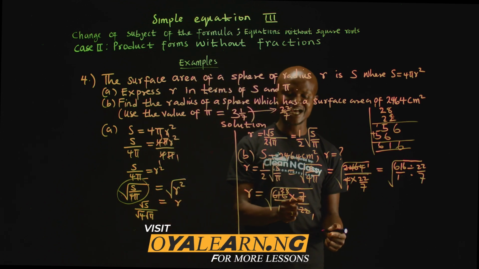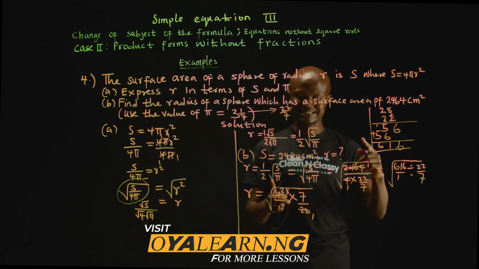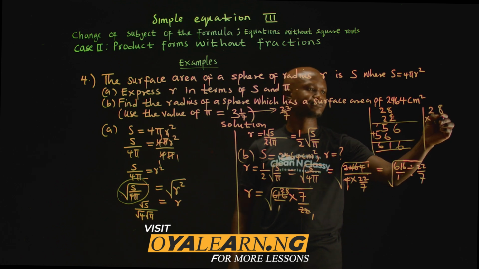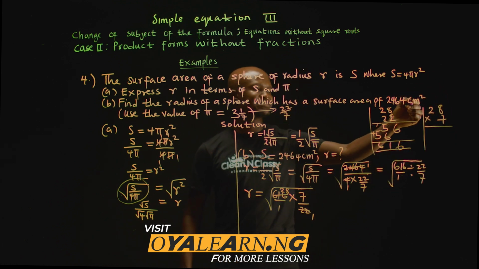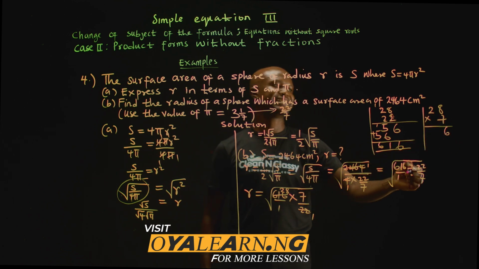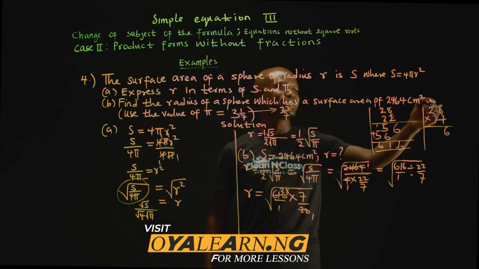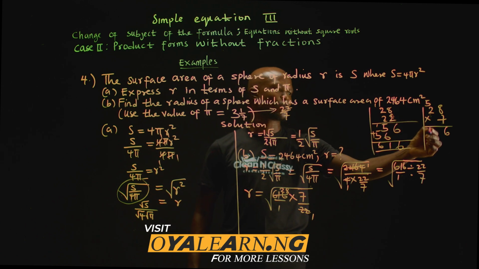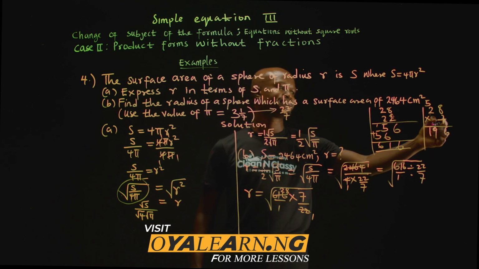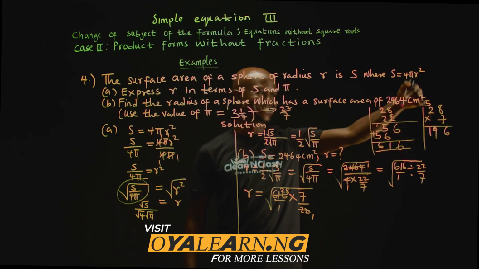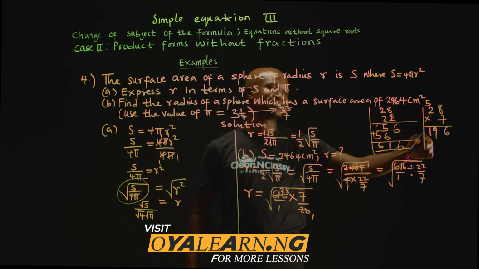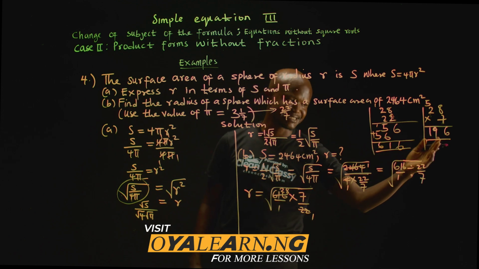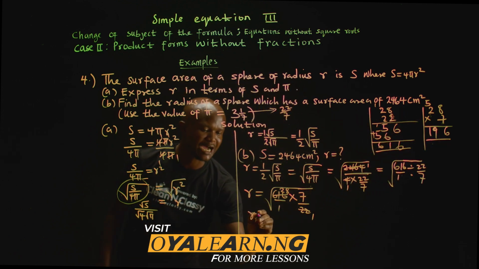Now, 28 times 7 will give us 196. Let's multiply out 28 times 7. 7 times 8, that is 56. I will write 6 and carry 5. Now, 7 times 2, 14, then 14 plus 5, that is 19. Now, the product of 28 and 7 will give us 196. So this is going to be r equals